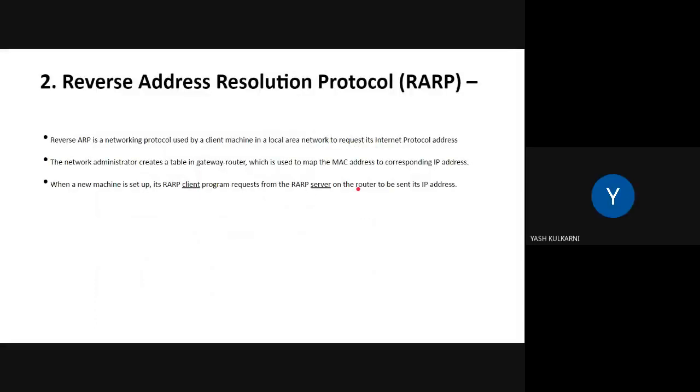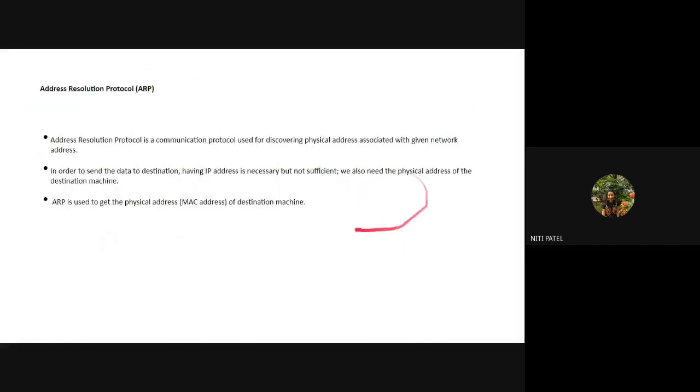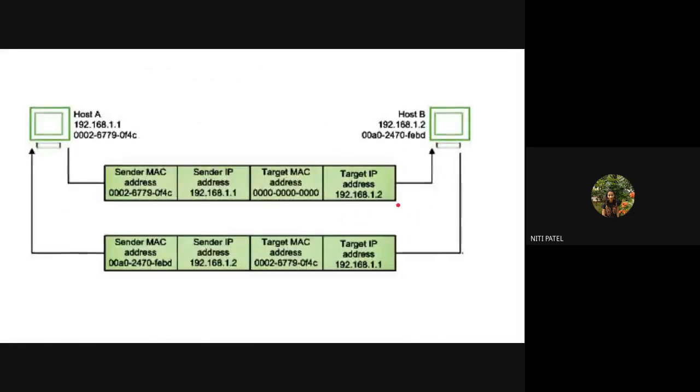Clear? Yes, ma'am. And why not just use the IP address, and why is the MAC address used? Because the MAC address is used whenever I want to communicate at the gateway level. What I am doing is using these protocols on all the 7 layers, or all the 5 layers. So what is operating at the application layer is your gateway.